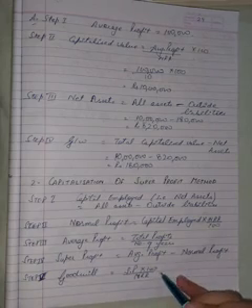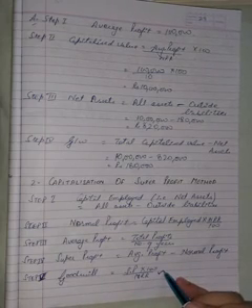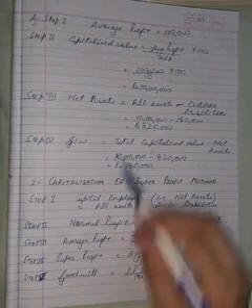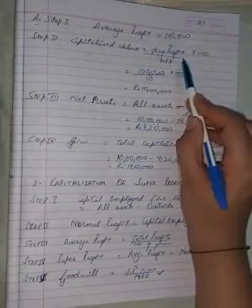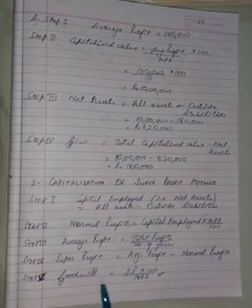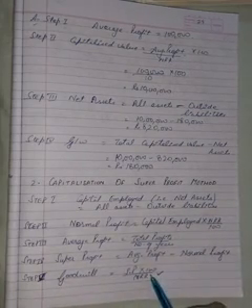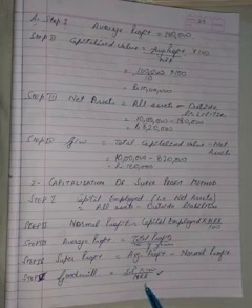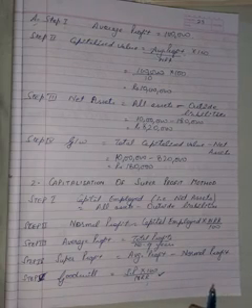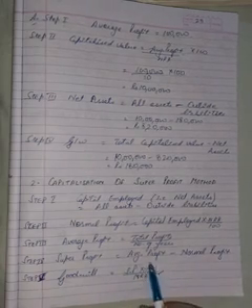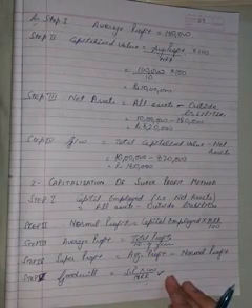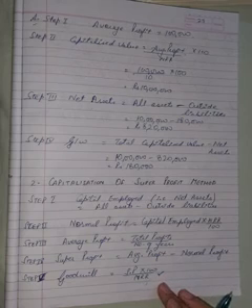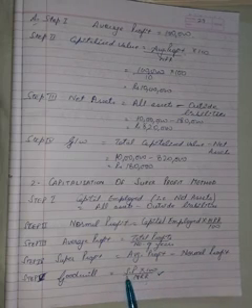Then the last one is the goodwill. Goodwill, in the capitalization of average profit method, we find the capitalized value first. But in this one, we have to find the goodwill by super profit into 100 upon NRR. Means in the capitalization method you have to do this step. In the average profit method you have to do it prior to finding the goodwill, but in the super profit method you have to find the goodwill by this step.